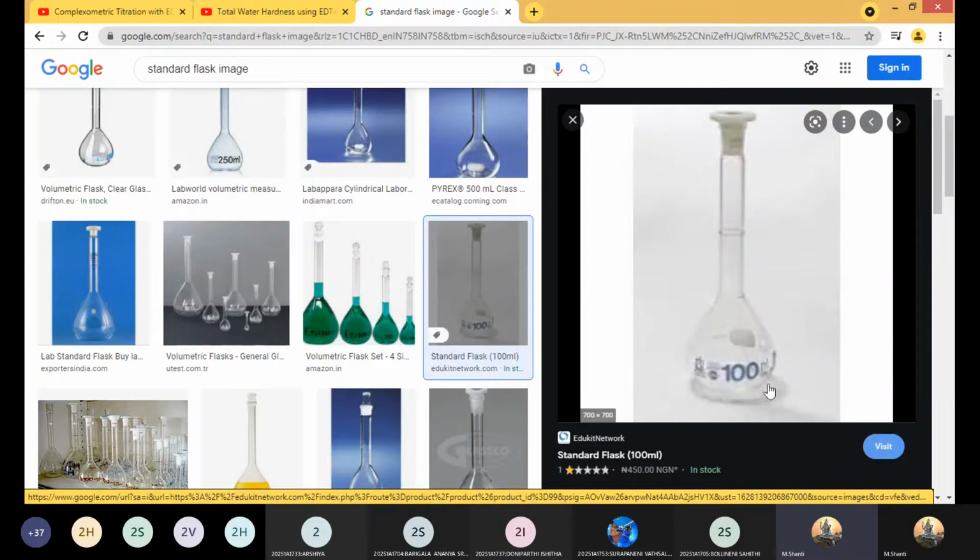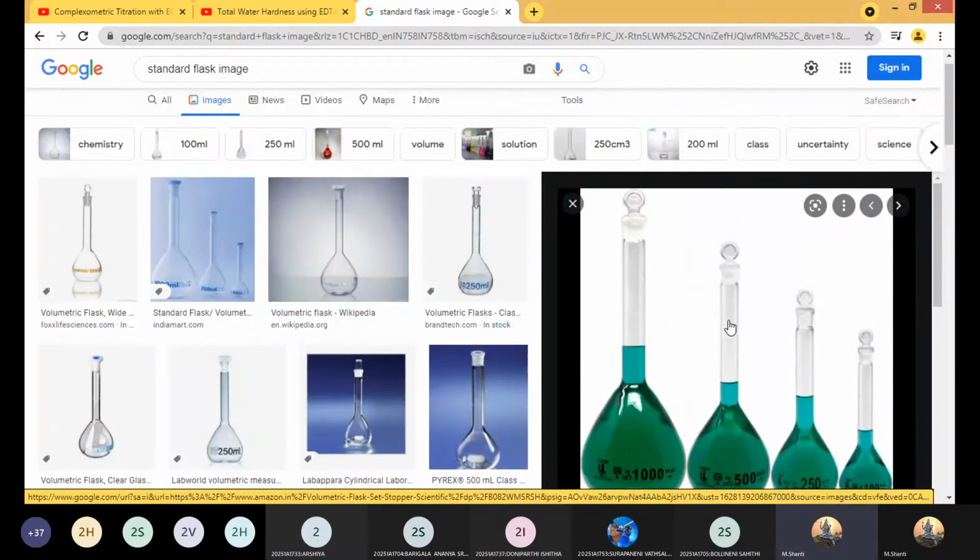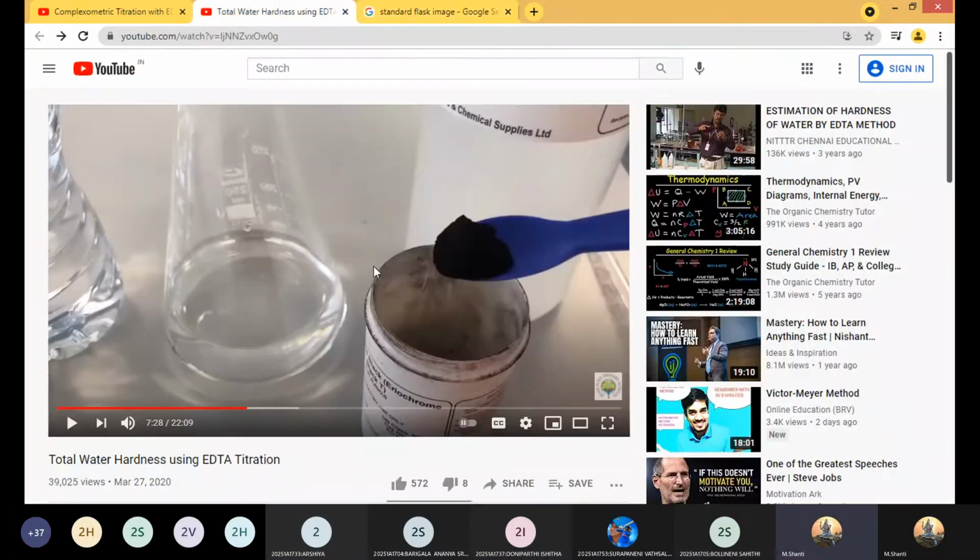As I told, because MgSO4 is a colorless salt, you just have to look for the lower meniscus. Lower meniscus means the meniscus will be coming like this. If it is a colored solution, upper meniscus. As I have shown you in the previous image, this is your upper meniscus. Is it clear, girls? Yes, ma'am.